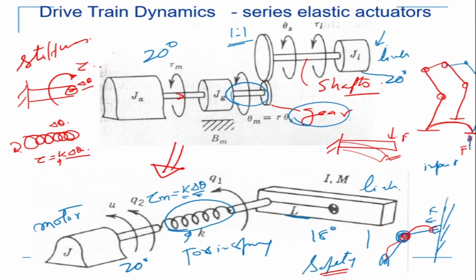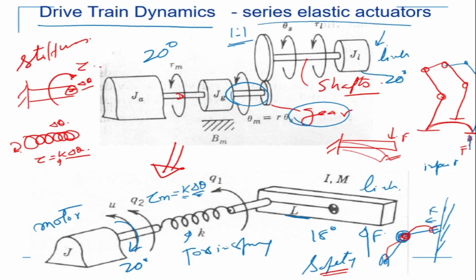So that's one way. When I'm rotating on this side, the link will rotate less. Now on the other side, if I give a force there, what will happen? The force need not get transmitted onto the motor. There will be some deflection on the spring. Okay, so this is the meaning of adding stiffness to the joint. Sometimes it is intentionally done to absorb shock to make the robot safe. This is called drivetrain dynamics, and it is sometimes also called series elastic actuators. Why series elastic actuators?